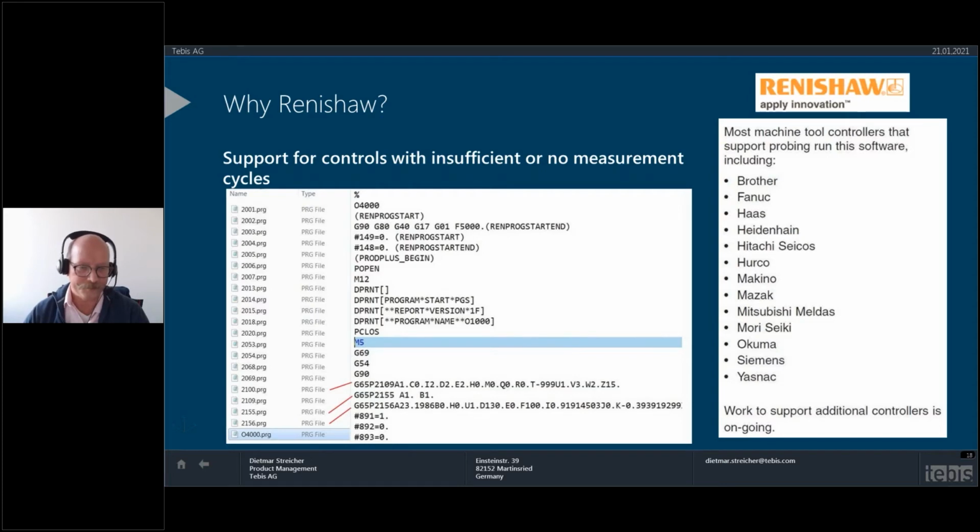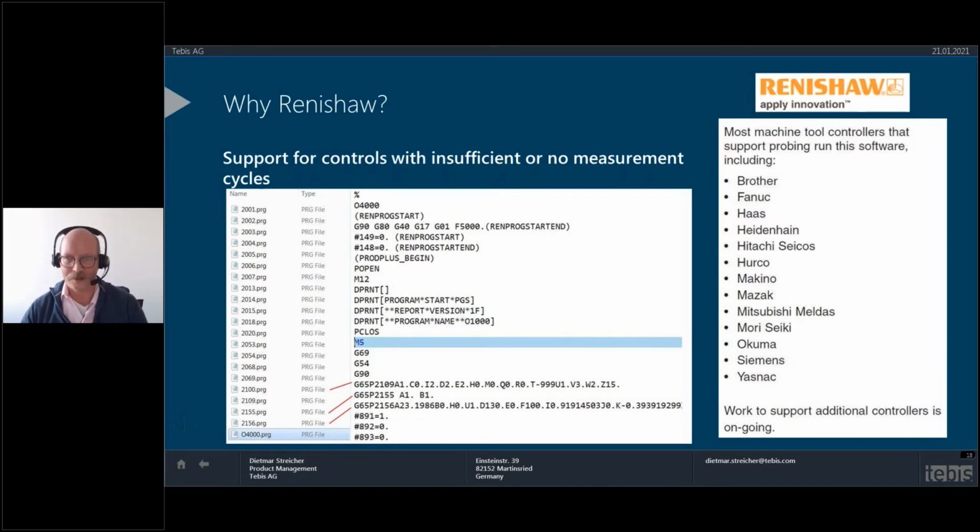in which you will not only get a main program, which contains cycle calls, milling operations, and everything you need for a complete NC program. It will also deliver a set of subprograms, and these are exactly the subprograms you are going to need for the measurement operation within the main program. So you will get one package, one container, which can be loaded to the controller, can be started, and all the measurement operation is then done on the